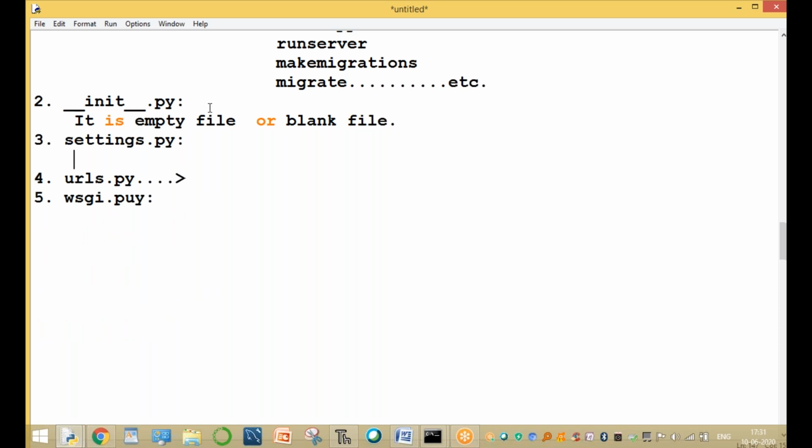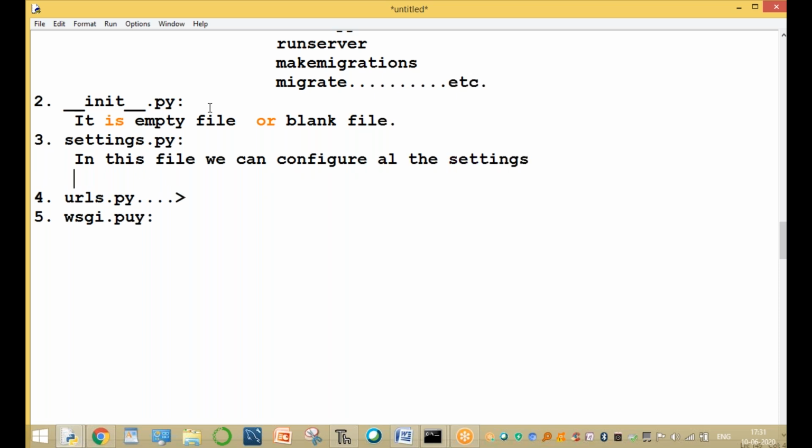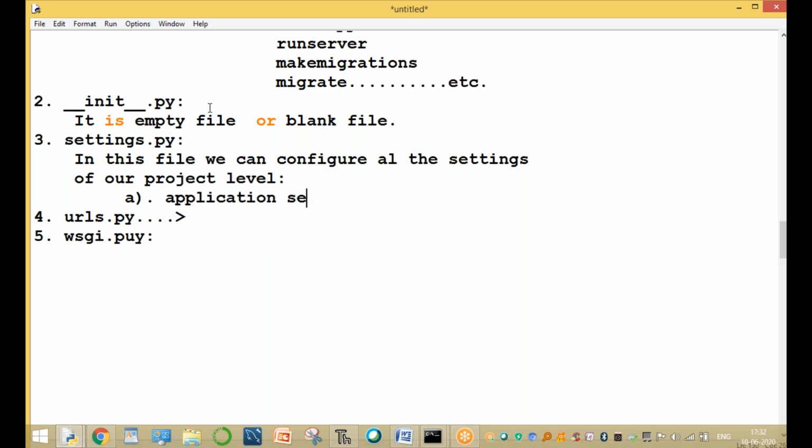The next one is the settings.py file. In this file we can configure all the settings of our project level. So what are the settings for the project level, sir? One is the application settings, that means app settings.